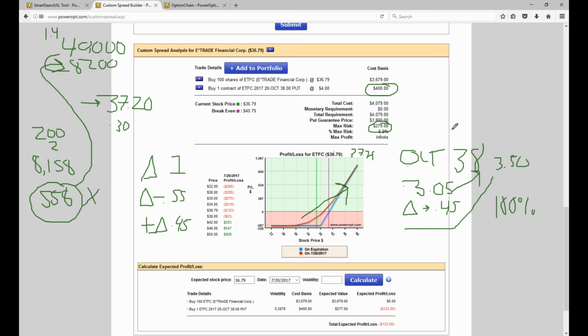Now, on the other side, you have a $40,000 account, okay, and you have $8,200 to invest, and you say, well, I'm not going to be stupid. I'm not going to trade almost 28 calls at 305 to invest the full 8,200. I know you're not going to do that, but what are you going to do? You're going to buy 5 calls, perhaps, maybe 4 calls at 305, so you're going to have a $1,200 or $1,500 investment on your calls on ETFC. But you're risking 100% of this.